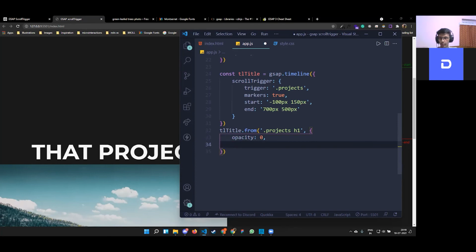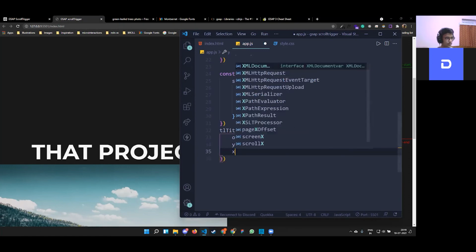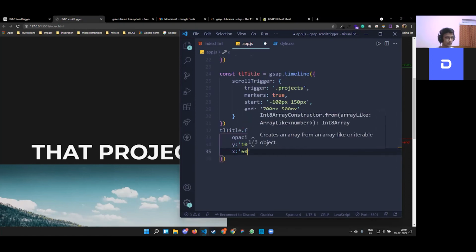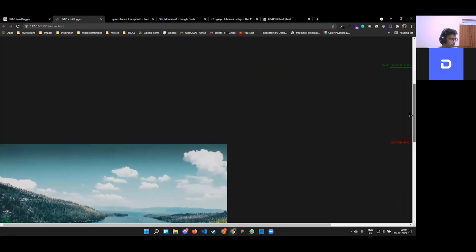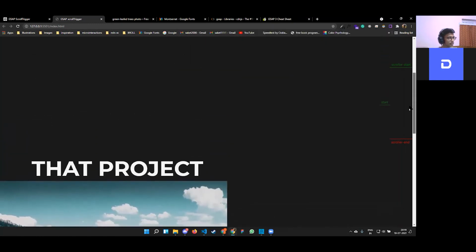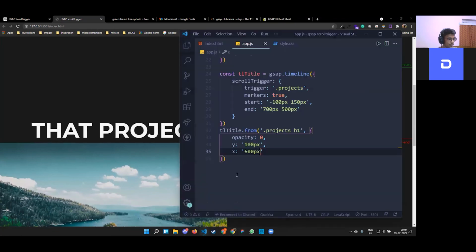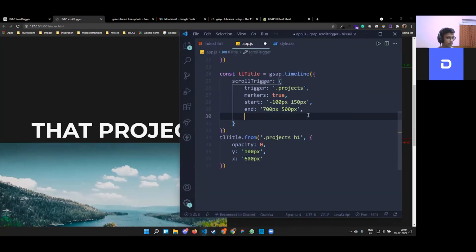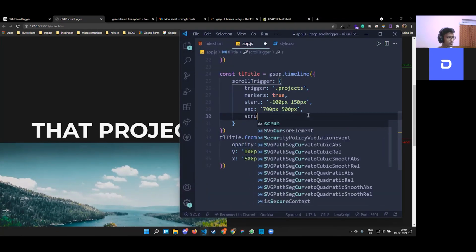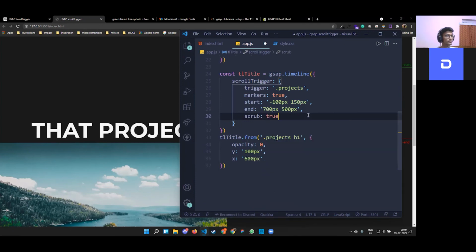Opacity 0, and Y position is 100 pixels, and X position is 600 pixels. So it looks like it comes from down, and yeah, that's how it looks. And we also have to add scrub true as well. Scrub is